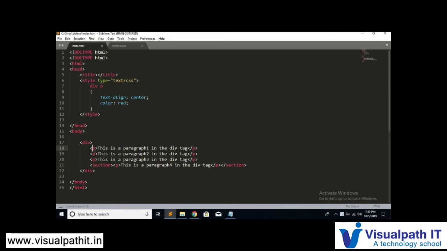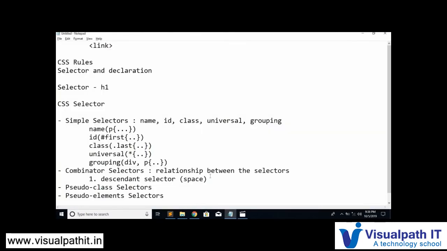This is parent, this is child, and now we are seeing that the child as well as all the descendant tags of that child will be given the same style property. So the section tag as well as the p tag, both are given the same property. Okay, now let's go to the second one, that is the child selector.